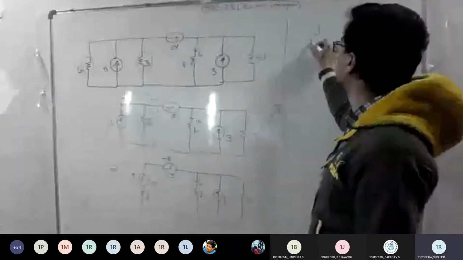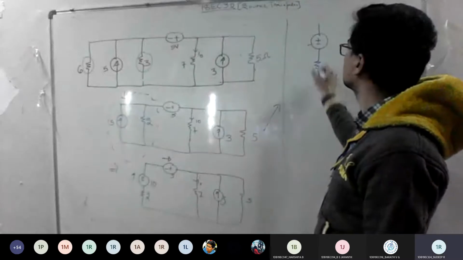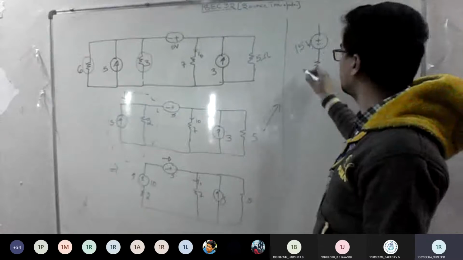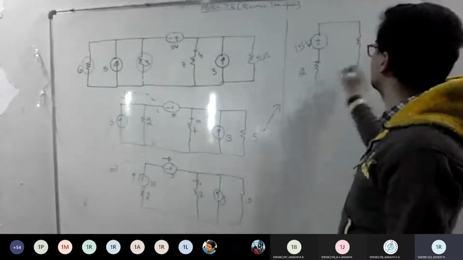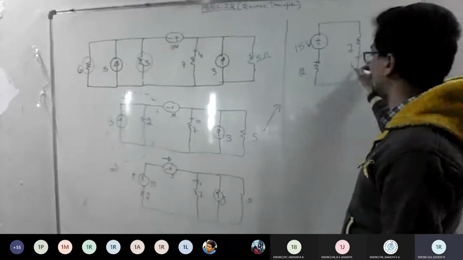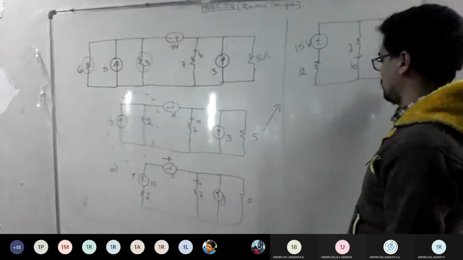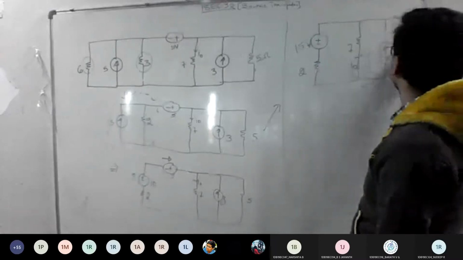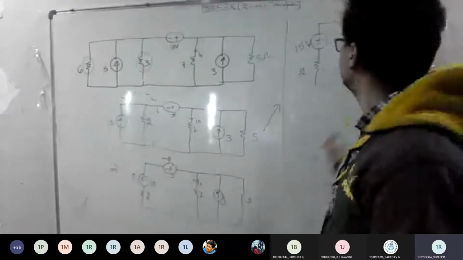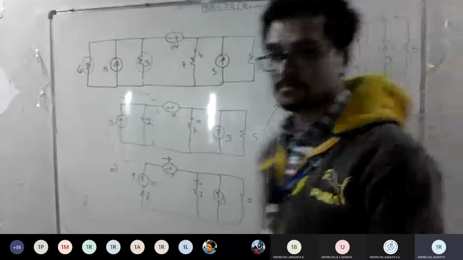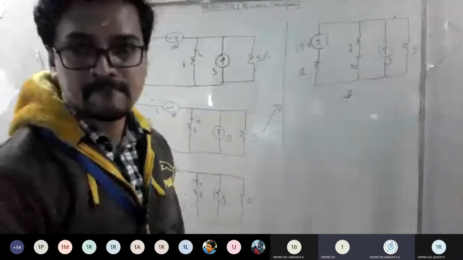So the 2 voltages become 1 now, plus minus. What's the value? 15 volts. 15 volt and 2 ohm is like this. And here I can have 7. You should alter this, I told you, and you have one current source of 3 and one resistor of 5. Now tell me how to proceed. What is the next step?